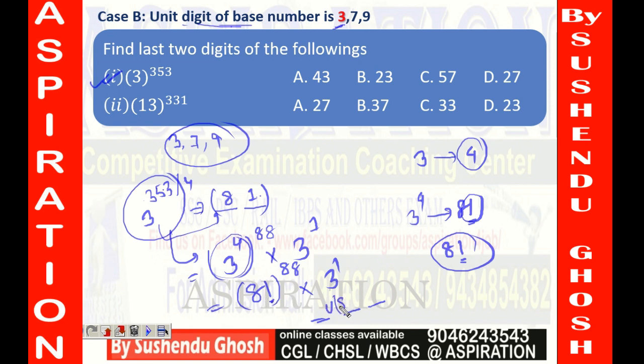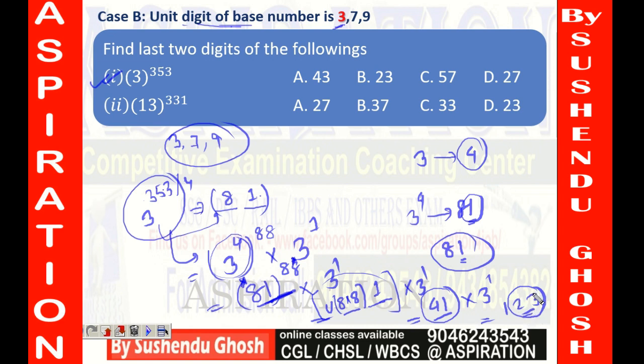That is the unit digit of 8, this 8, into the unit digit of the power, meaning the 10th number of the base multiplied by the unit number of the power. Now 1 will always come in the base, into 3 to the power 1. We are performing only this one here. So it will always give you 41 multiplied by 3 to the power 1. That means 123. So what will be the last two digits? Means 23. So the answer for this question will be 23.